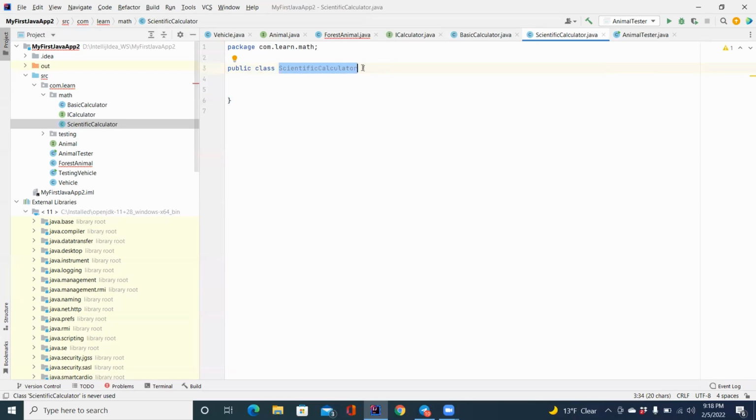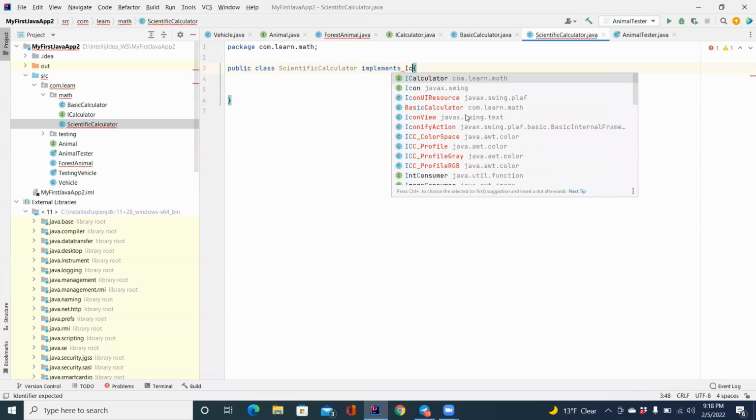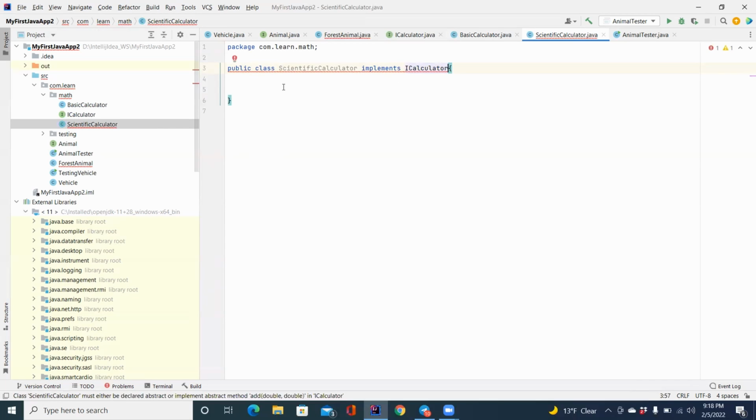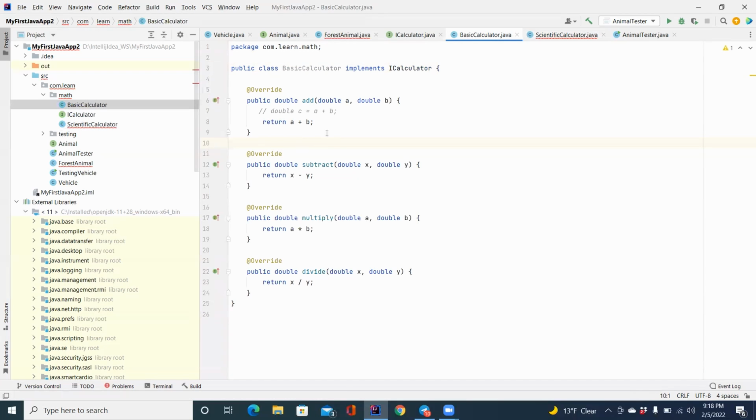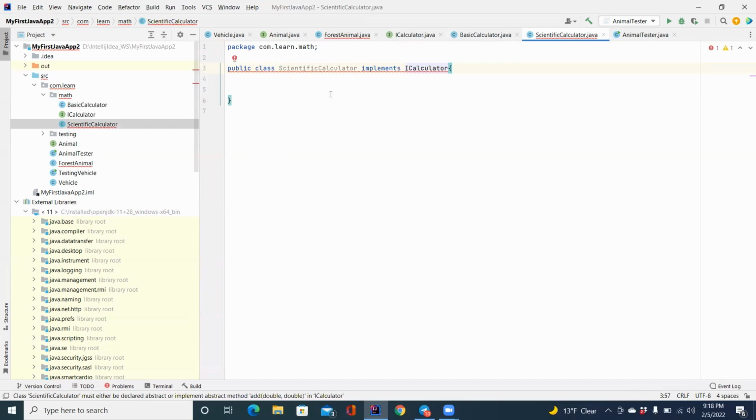Why should I implement ICalculator again and rewrite all those things we have already written in the basic calculator? Rather than doing that, what I should do is